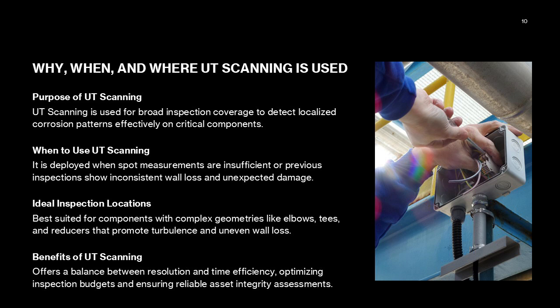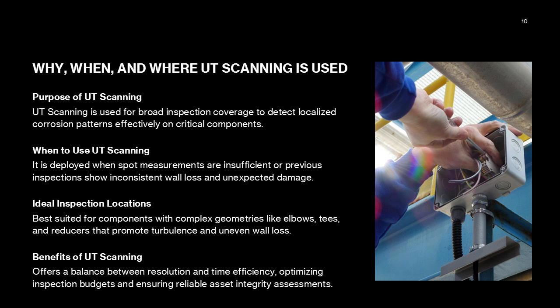It is commonly used on piping systems susceptible to erosion corrosion, flow-accelerated corrosion, FAC, and corrosion under insulation, CUI. Engineers deploy UT scanning when UT spot measurements are insufficient or when previous inspections have shown inconsistent or unexpected wall loss. The technique is also valuable when validating areas flagged by predictive analytics or inspection findings such as external corrosion